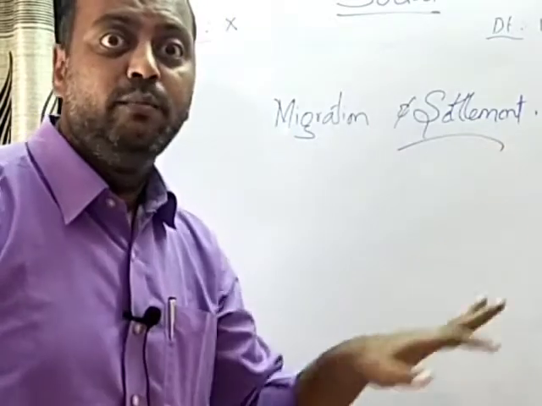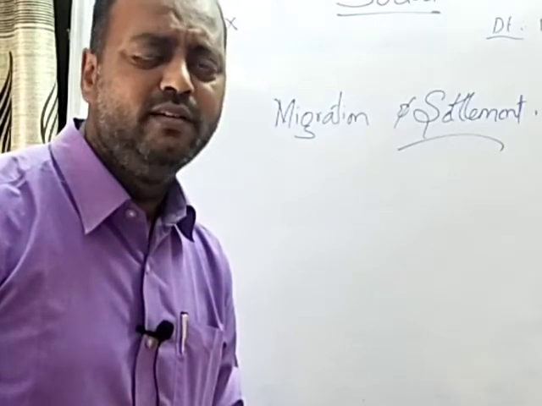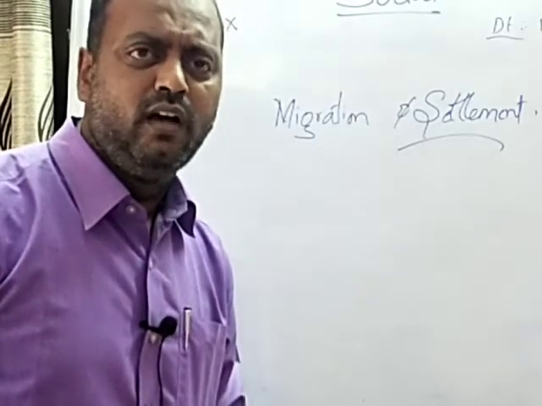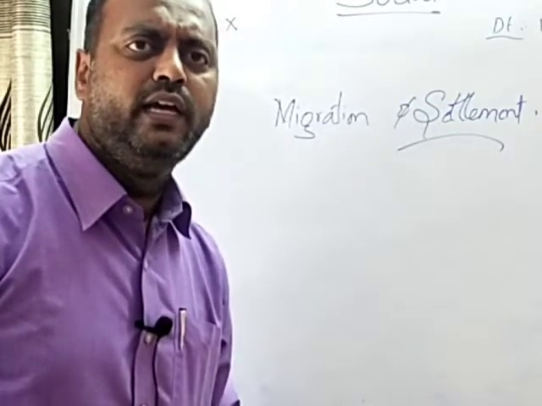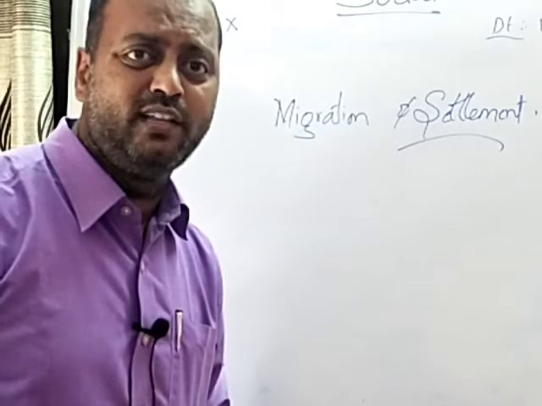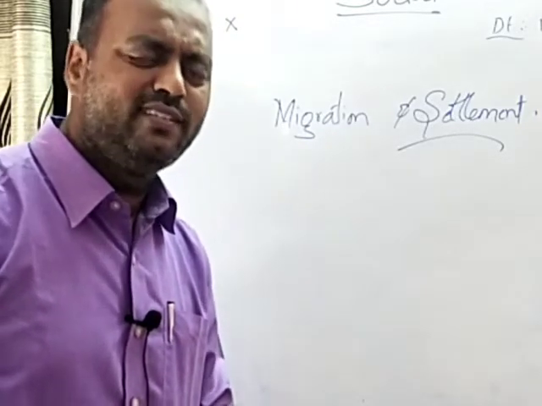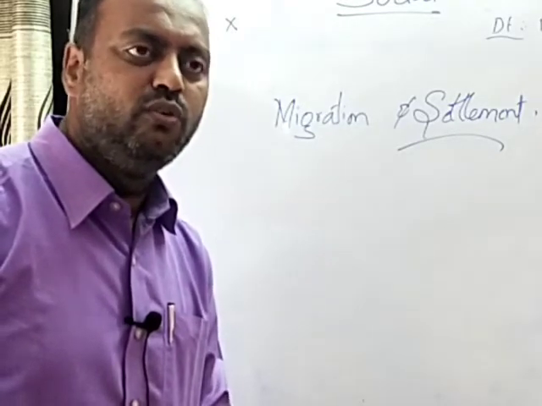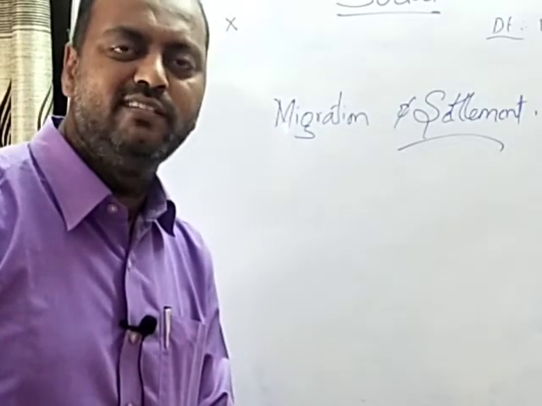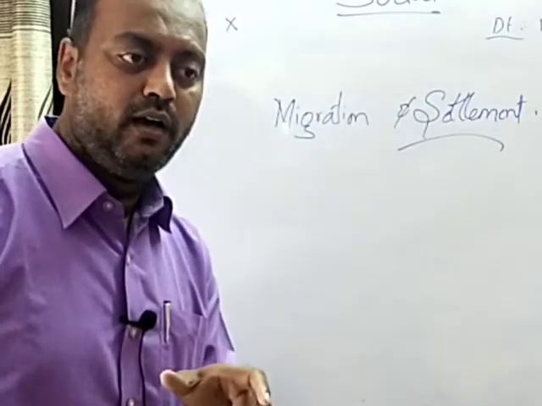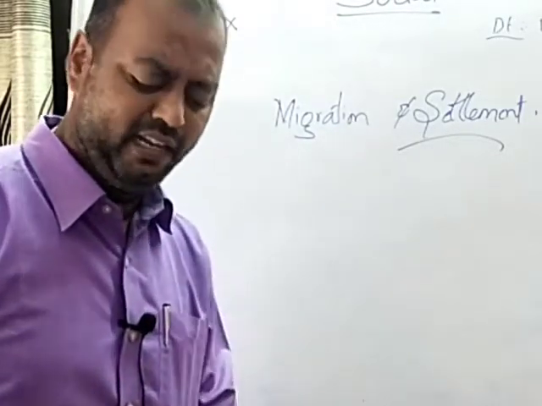And what is settlement? People get settled at a particular place depending upon various factors, and they lead their life there. All through these years people led a nomadic life, moving from one place to another in search of food, but now they had the knowledge of growing food, so they started leading a settled life. So where do these settlements take place especially, and what are the factors which influence the settlement of a group in a particular place, we shall also see under this unit called migration and settlement.